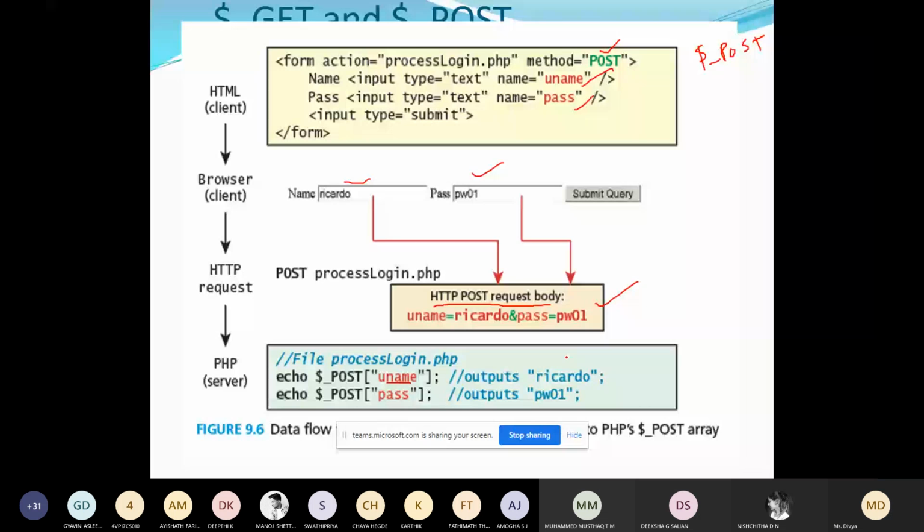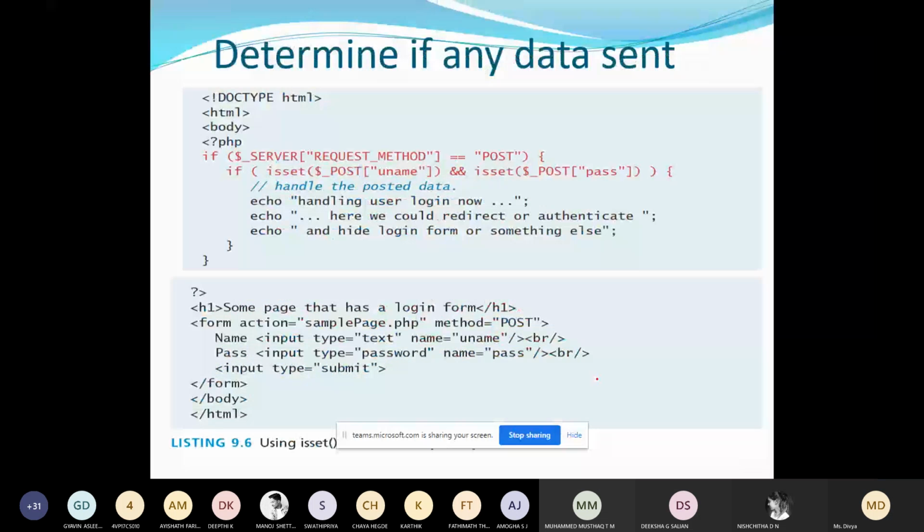So here you can see this is a form. And here you can see one more built-in array, $_SERVER. I will explain in detail later. It will check the request method. There are two types of request method, right? It can be either GET or POST. Now it will check whether the request method is POST. How can you check? Using this built-in $_SERVER, you have to write it as it is: REQUEST_METHOD is equal to POST. Now what is the request method here? It is POST. It is true.